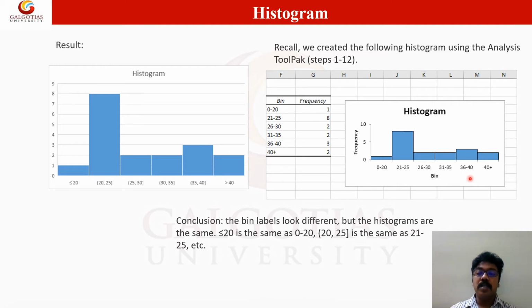So this is the range or the bin width they have mentioned in the previous slide, while setting up the format axis.